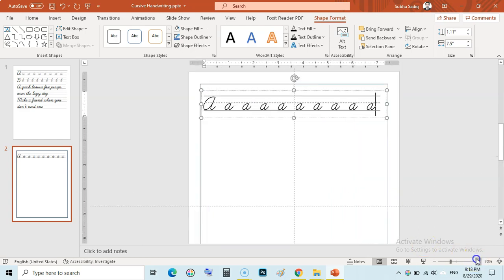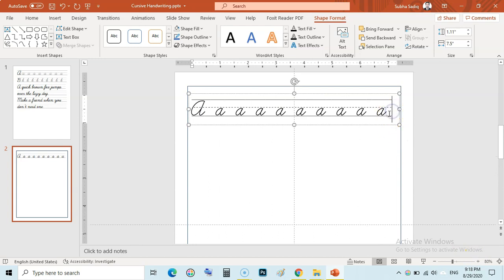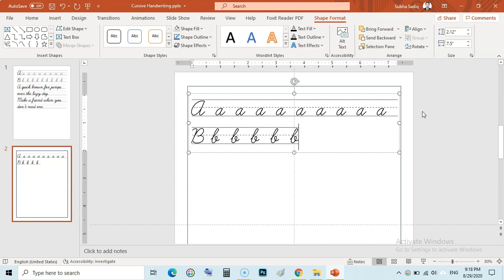Let me zoom. When you have reached this end, just press space to make the lines reach toward the end, and then again press enter, type letter B, then keep typing small b like this.